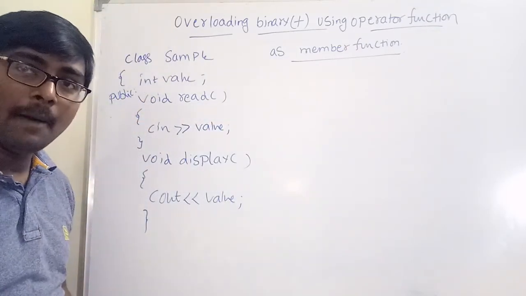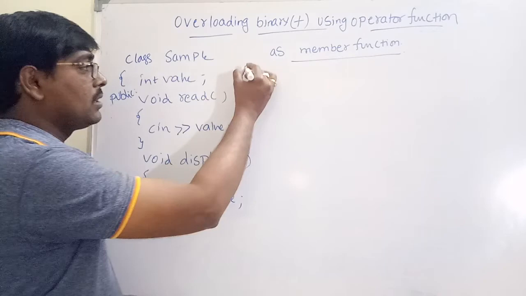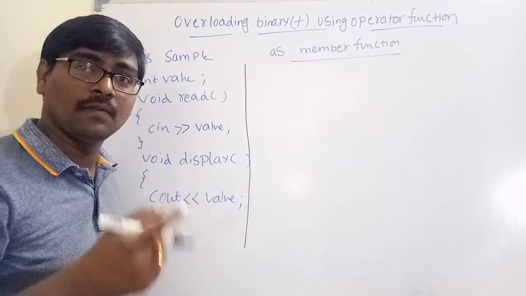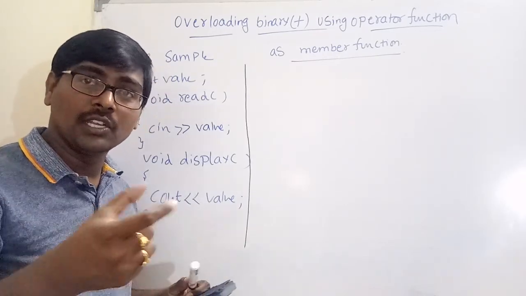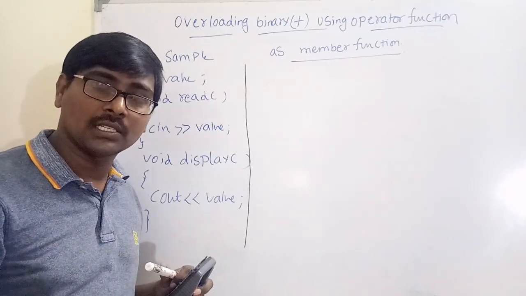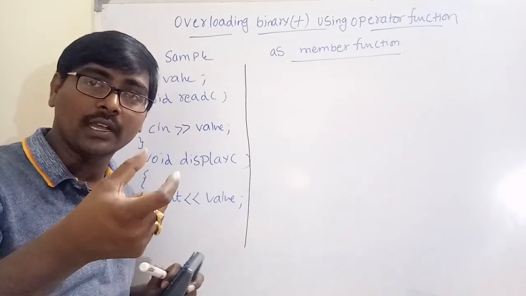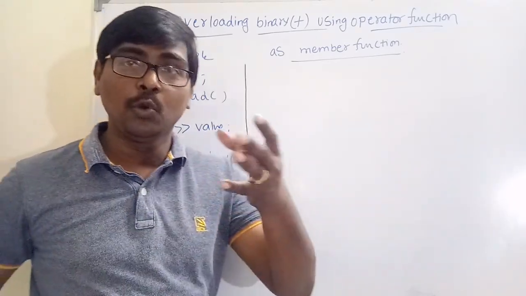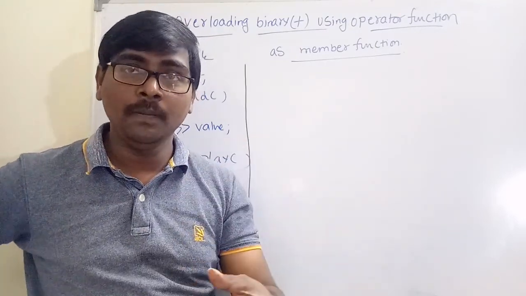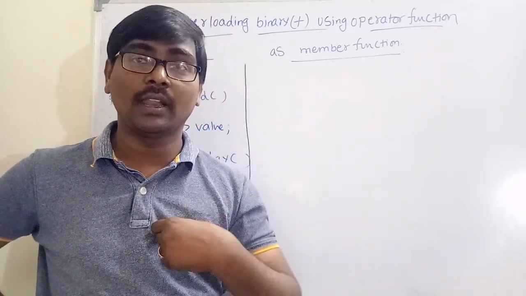Now perform operator overloading on the binary operator. What is the syntax? Return type. The function has to return some value. Why? After performing addition of two numbers, it has to return some value. If you are performing addition of integers, the return type is an integer. Adding two floats, the return type is float. If you perform addition of two objects, overloading means applying addition on objects, and the return type is also an object. We are returning an object.